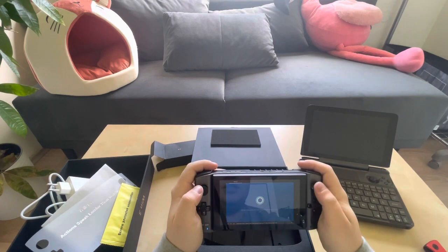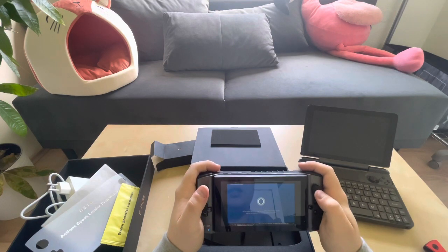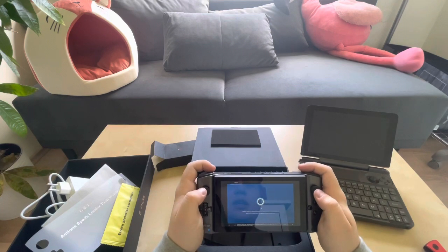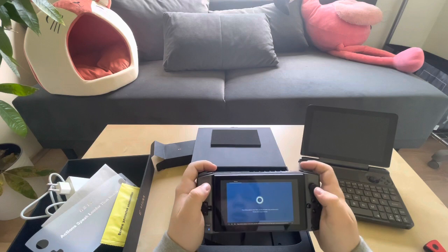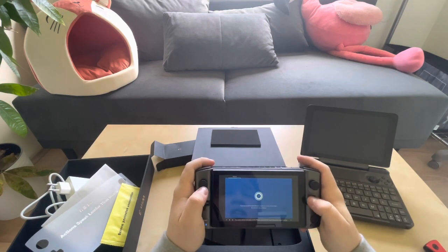What I can already see, what I'm going to miss is most definitely the trackpad from the Win Max. The trackpad from the Win Max is something so small, so insignificant, that I did not think I would miss it on this device. However,